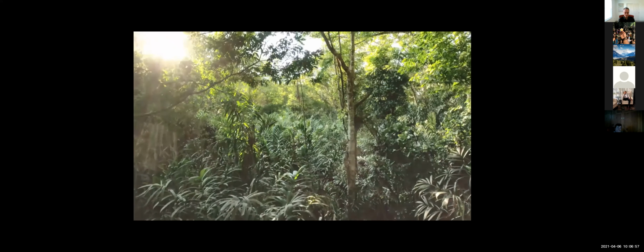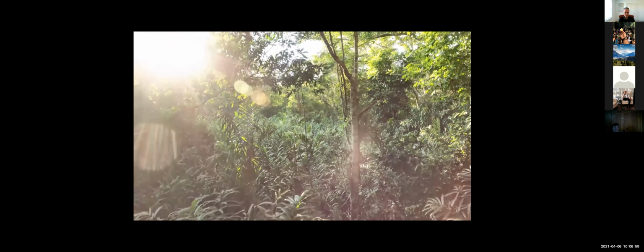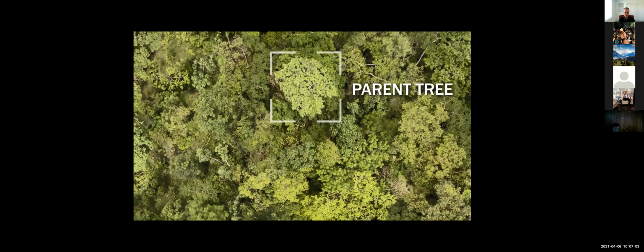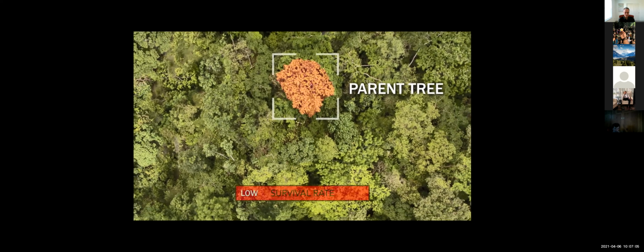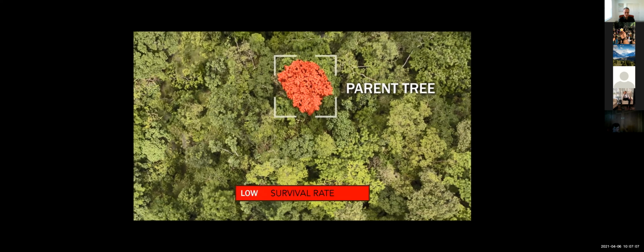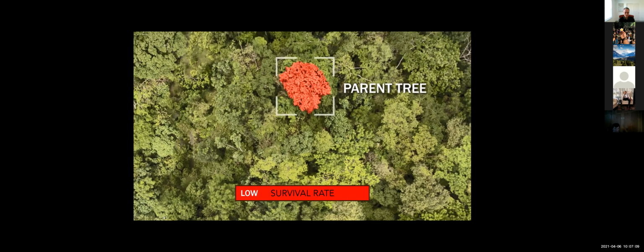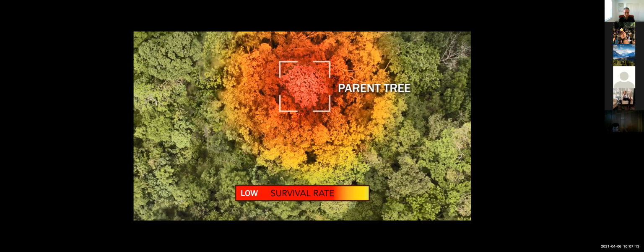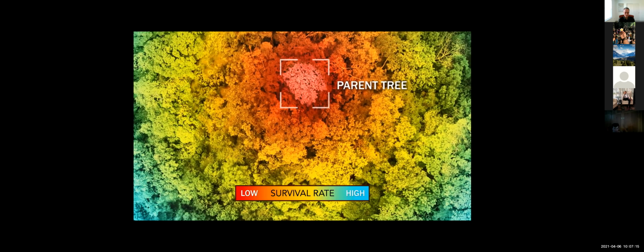Spider monkeys eat large amounts of fruits to support their size and are likely a major seed disperser in Colombian forests. When seeds simply fall in the forest, they end up near their parent tree. Here, seeds compete with other seeds from the same tree. Their chances of survival are low, but seeds that are carried away by spider monkeys and other dispersers are more likely to survive and grow into a healthy plant.